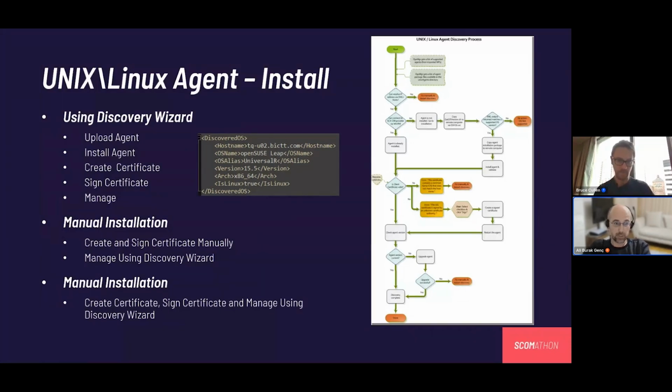There are two manual installation items I have put. One includes the installation being done manually and the certificate being signed manually as well. The other is installing the agent manually, but doing the rest of the process with the Discovery Wizard.